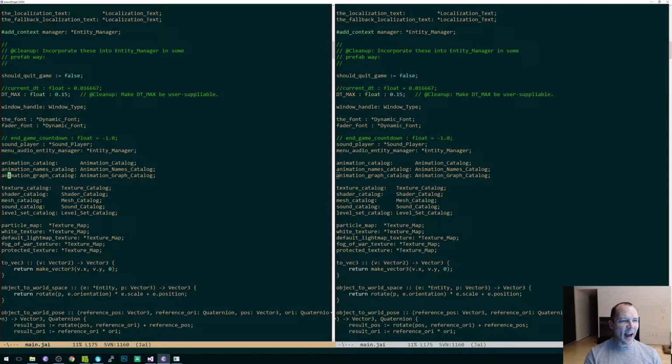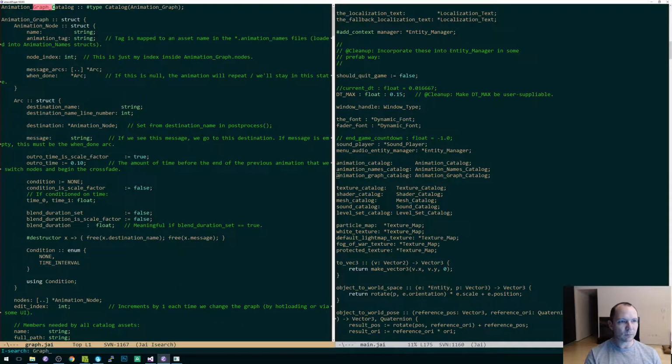So this is an animation graph catalog, and that is defined as this type catalog with an argument animation graph. Now what's happening is we're trying to eval this. It's trying to yield because animation graph is not ready. I don't know why it didn't do that successfully before, or why it did and then it broke. I have no idea why this broke, but it broke. We put in our fix for it, but it is now not correctly handling the fix.